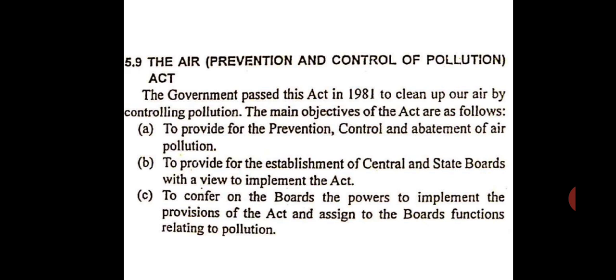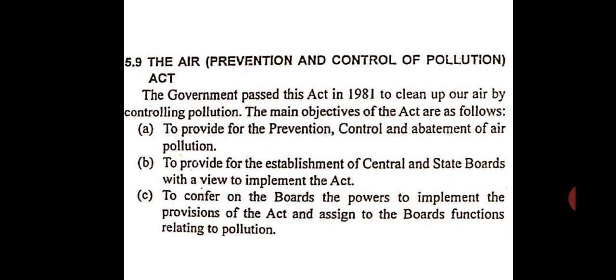So the main objectives of this act are to provide for prevention, control and abatement of air pollution. So air pollution should be prevented, should be controlled, and that is the main reason. Second is to provide for the establishment of central and state boards with a view to implement the act. So before this there were no Central Pollution Control Board or State Pollution Control Boards. So based on the act, the boards have been set up so that they will implement the act in their respective states,